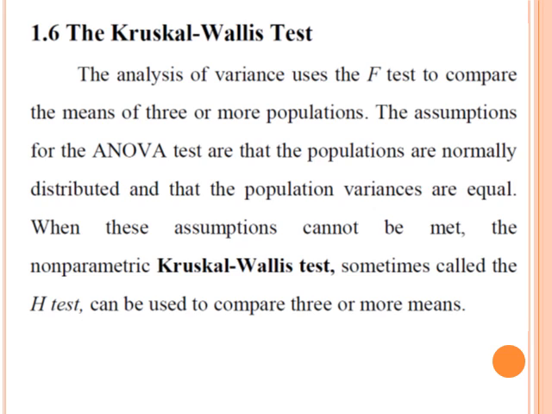When we have the analysis of variance, it uses F-tests to compare the means of 3 or more populations, where the assumptions of the ANOVA table test are normally distributed, we use, of course, the F-test. But if it's not normally distributed and the assumption can't be met, what can we do? In this case, we use the Kruskal-Wallis test. The Kruskal-Wallis test, sometimes called the H test because we apply the H formula for it, can be used when we compare 3 or more means, instead of the F test in the case of the